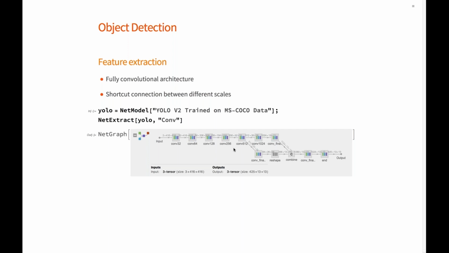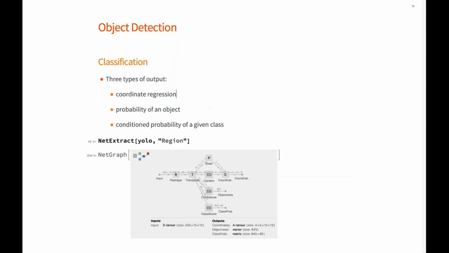Once the features have been computed, those are sent to the final module, which is doing the 3 things I mentioned before. So we want to take those feature maps and convert them to coordinates for the bounding boxes, the probability for the object to be in the bounding box or not, and the conditional probability of the object pertaining to a given class. So let's say I have 80% probability of having an object here, and this object has also 60% probability of being a cat or a dog in the image in the previous example.